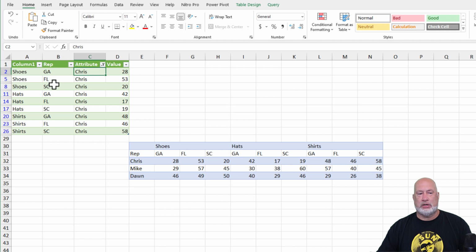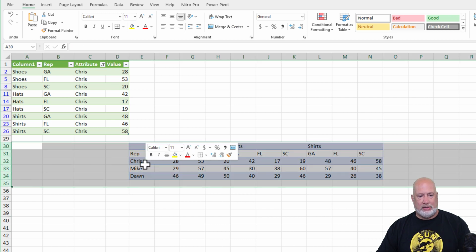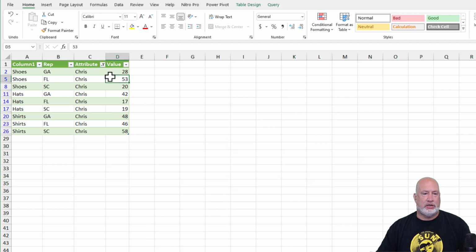And then just a quick check. Shoes, Georgia, Florida, South Carolina for me. Chris. Shoes, 285320, 285320. That's all I'm going to check, 4217. It's working. So just do a quick check. I knew it was going to be correct, but if you've never done unpivoting columns before with 2 columns, I would encourage you to do that. I don't need this anymore. That was just a quick check figure.